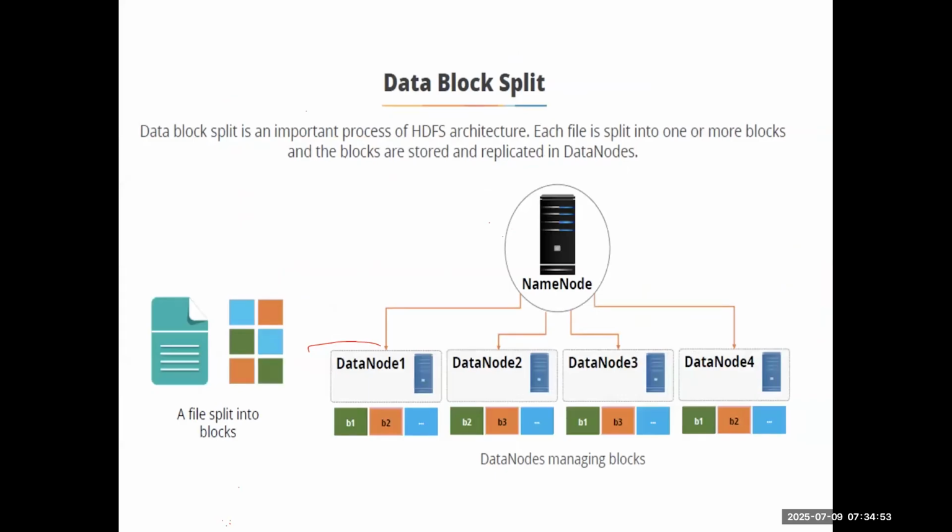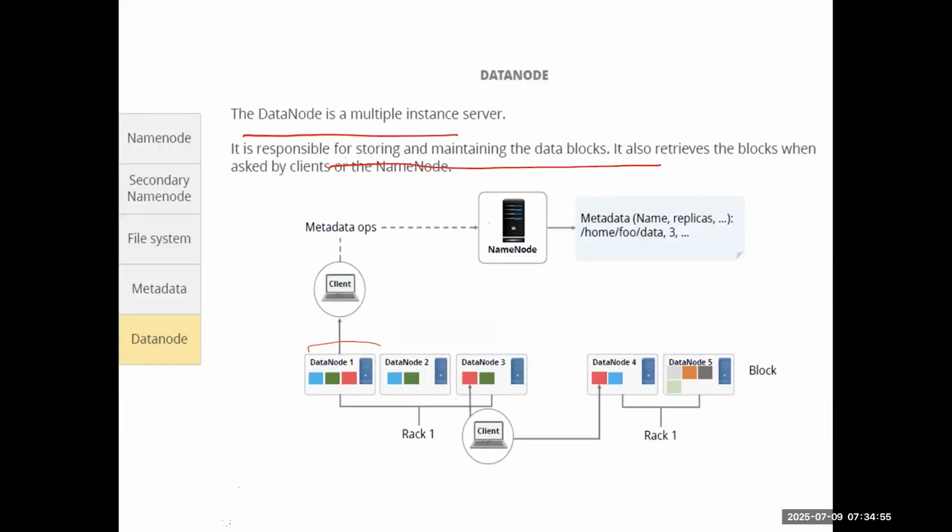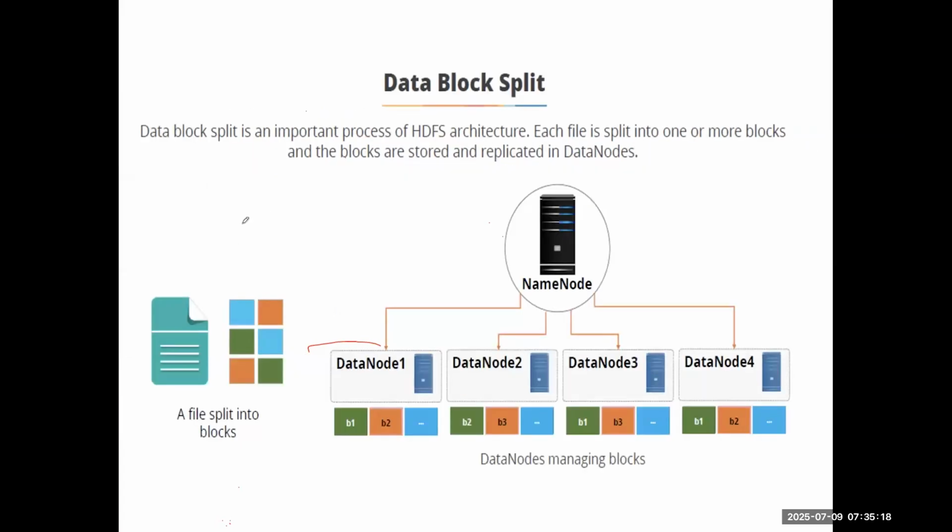A file system is something where we store the data. Your computer is also a file system. Your Windows machine has a file system. You are working in Linux, right? That also has a file system. A file system is where we store the data and all. I told you about the split, right? How we are splitting into 128 MB size.